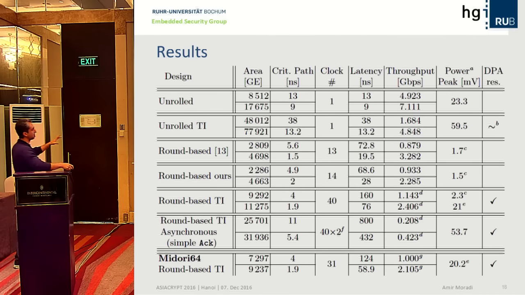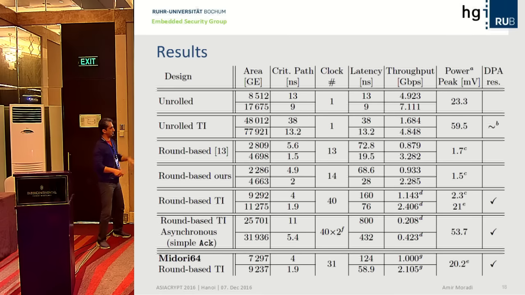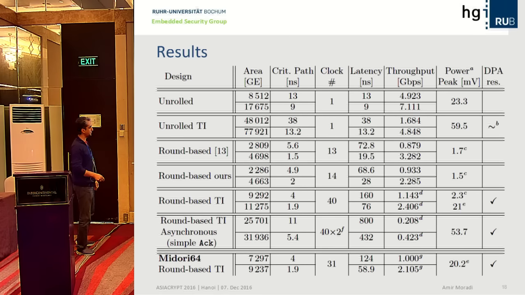Here is a very short comparison of what happens. The circuit with the asynchronous design is extremely larger compared to the round-based TI, for instance. You compare these two. The upper one is for the smallest design, and this number is for the shortest latency. These are extremely larger, let's say around 3 times larger, and the gain is actually very, very low. The circuit is much larger compared to this one because it has 2 phases of evaluation and pre-charge. But if you look at the Midori again, the latency is shorter and the design is also smaller